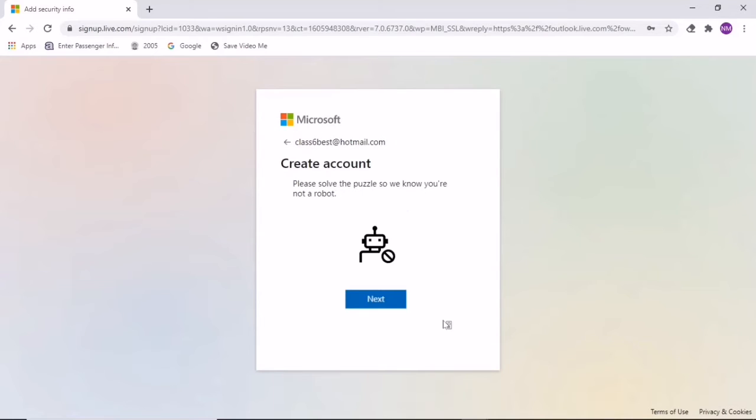After this you can see here Create an account, please solve the puzzle. We know you are not a robot, so click on next. After this, okay, if you want, it says rotate this image.